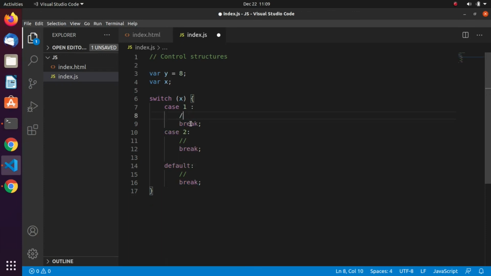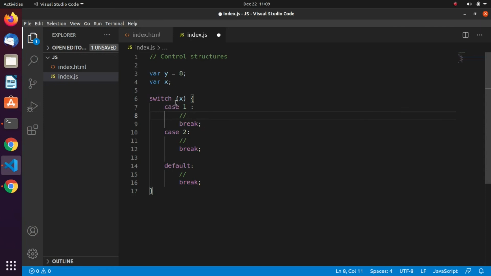I hope you got what I'm trying to say here. So if x equals 1, do this and then break, that is, go out of the switch. But if x equals 2, just do something and then break. Default: if x is neither 1 nor 2, then just go to the default and then break. Now the break is very important.